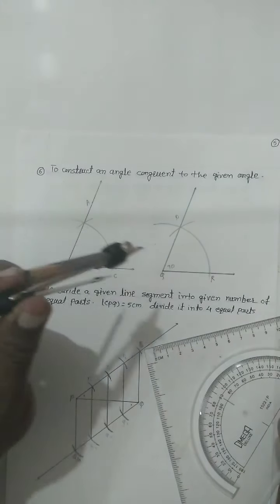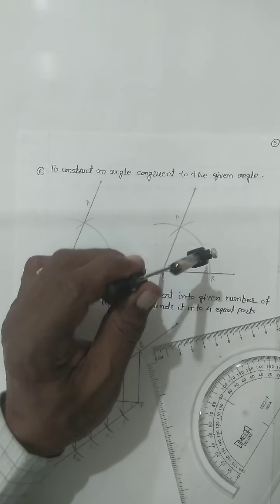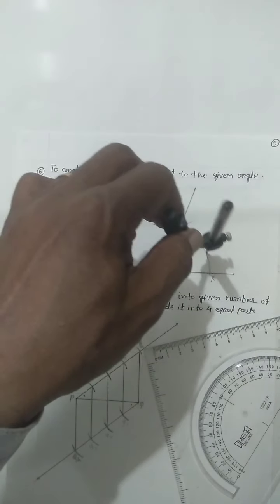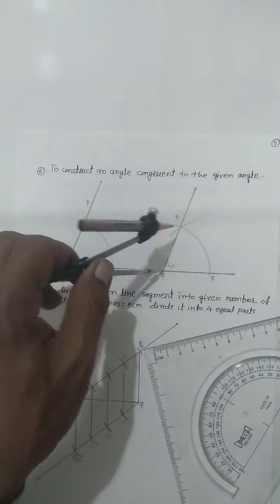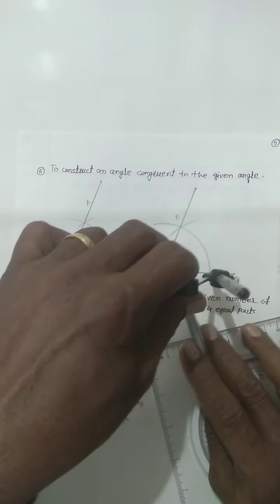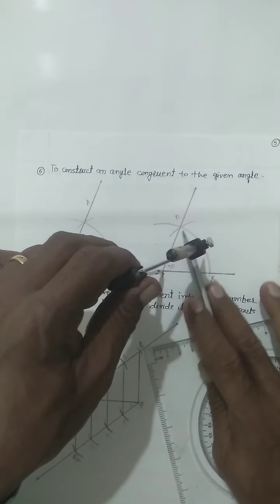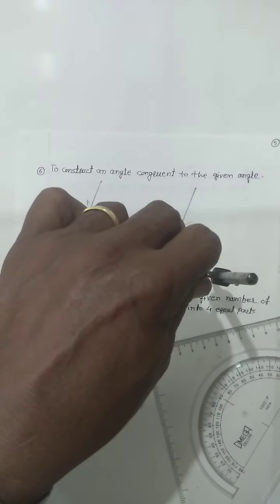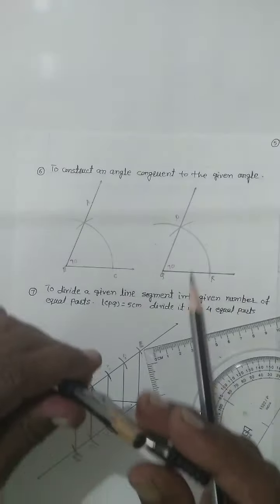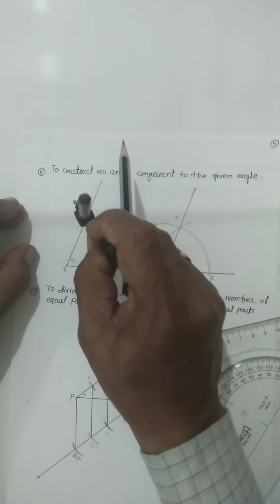Similarly, draw the same arc taking the same distance without changing the distance. Draw the same arc in this way. This arc intersects one side of the angle PQR. Now this intersects at the point R. Then take the distance between the two terminals of the compass in this way.